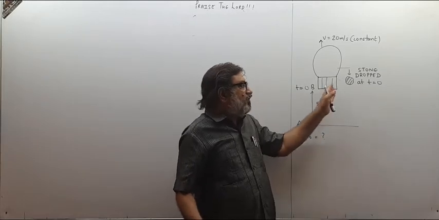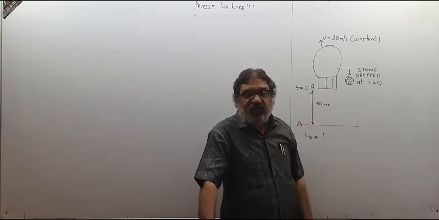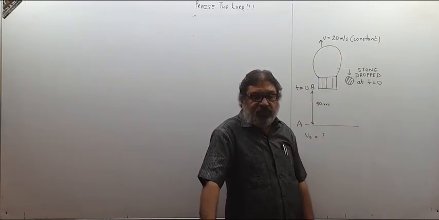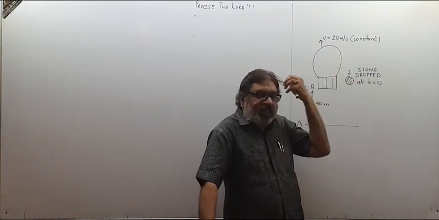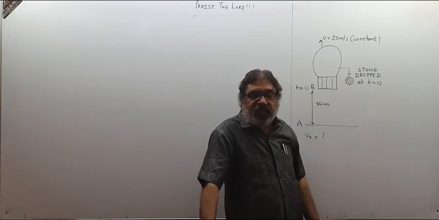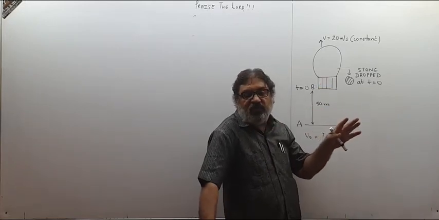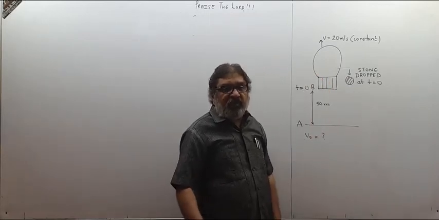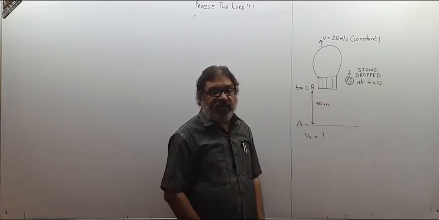As soon as this stone gets detached from the balloon, see, balloon is moving with zero acceleration because it is having constant velocity. So acceleration of balloon is zero. And as soon as stone is dropped from it, then gravity will act on it. So acceleration of stone becomes g, 9.8 meter per second square in downward direction. But acceleration of balloon remains zero because it is moving with constant velocity. So please remember, when they get separated, their accelerations are not shared.